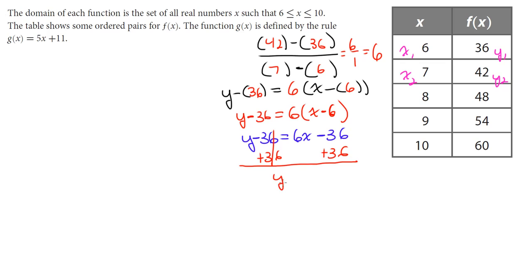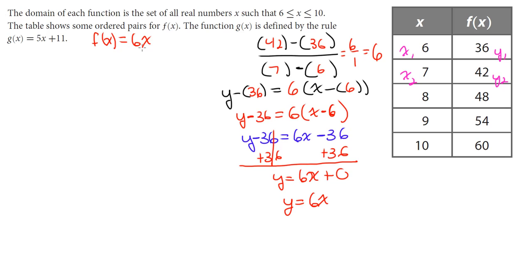And I get y equals 6x plus 0, which is the same as just saying y equals 6x. And again, it's not y, it's f of x. So we have here f of x equals